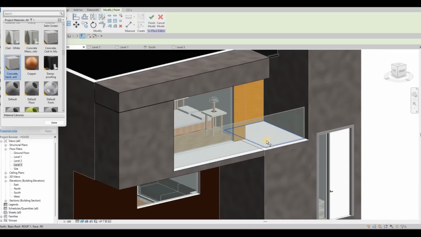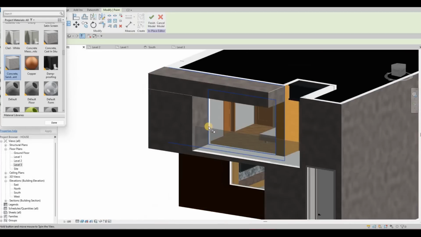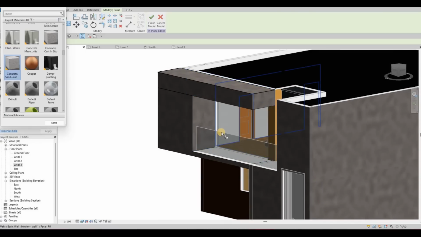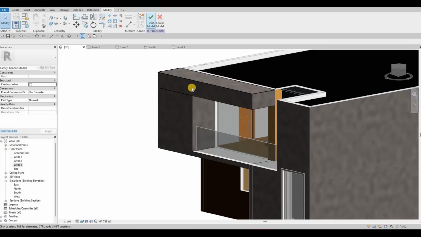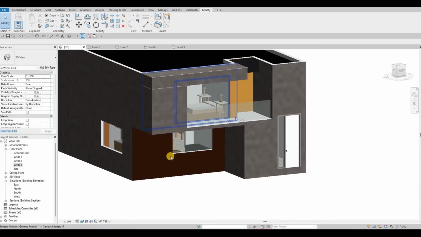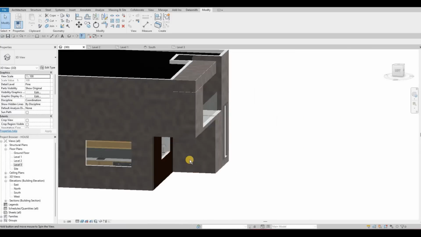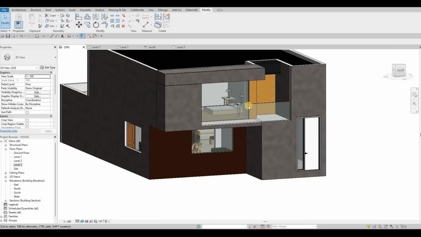Then I'm just gonna leave this one as white. And then click done, click finish. So it will be just concrete. This will be the stone, and then wood. So those are the elements, and then we have metal right here. So, and then we're gonna add vegetation on this side,